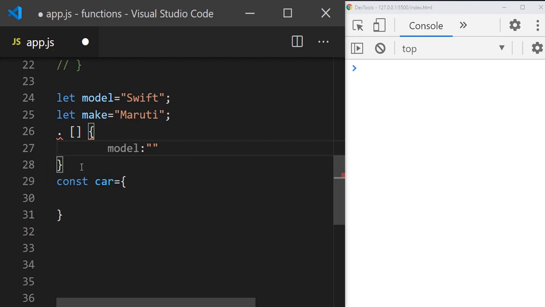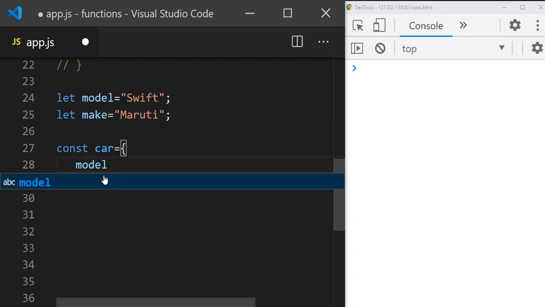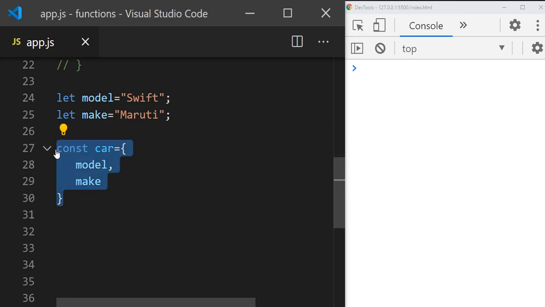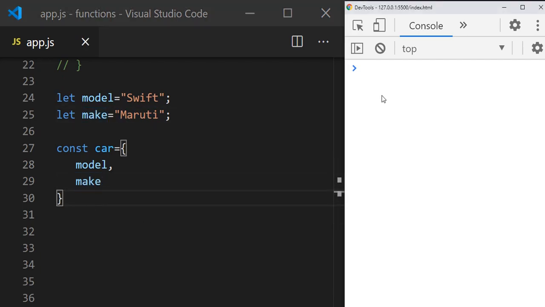Instead of that, we see the new way: model comma make. Now how will car be created? This is very interesting. You can see how the car object will be created. Normally we may expect that in place of model, Swift will be the property name, and wherever you use make, Maruti will be the property name. This will create the object like this.